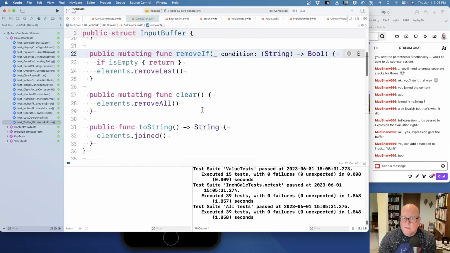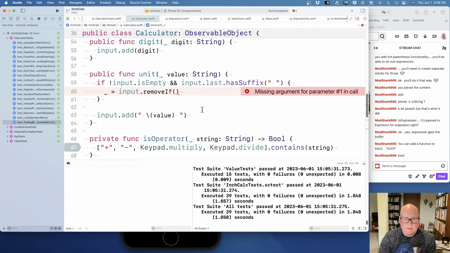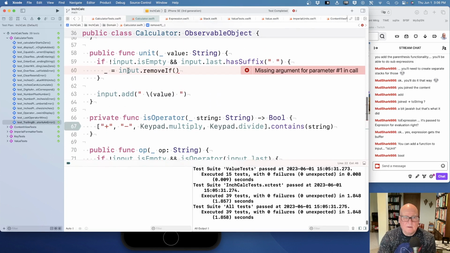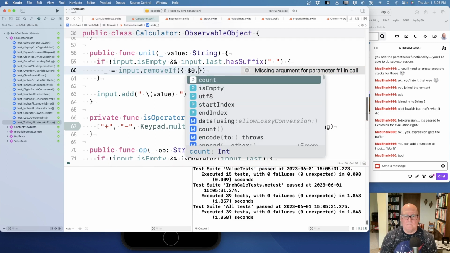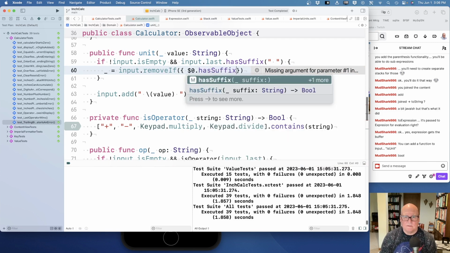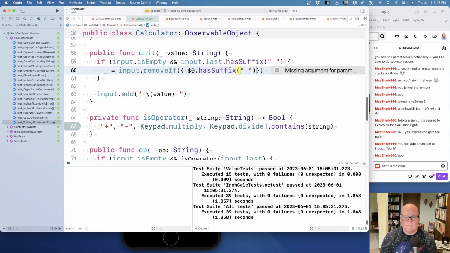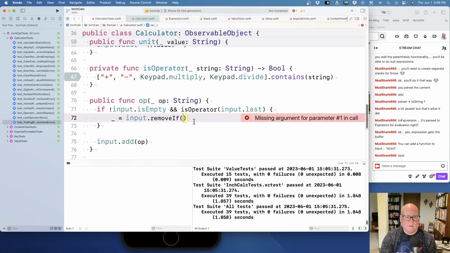Condition. Right now people should be complaining. Okay. Remove if has suffix, and